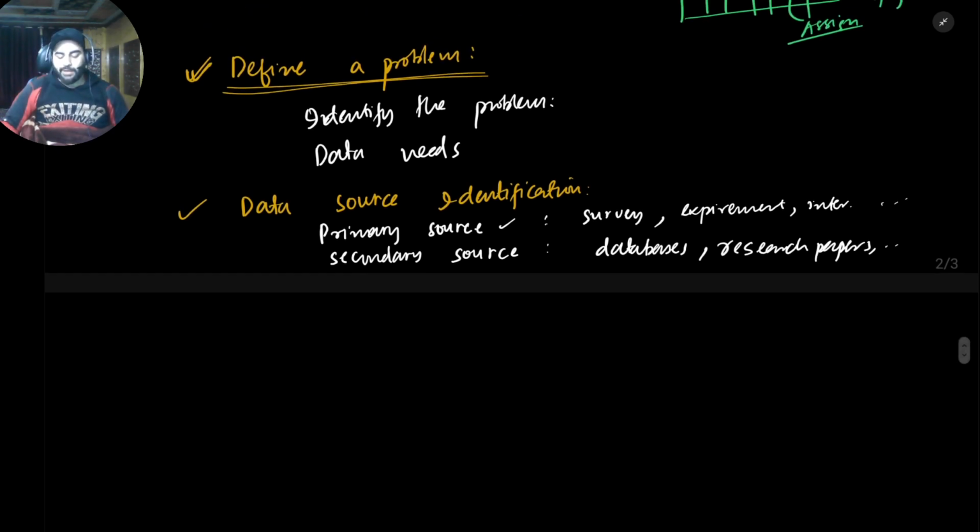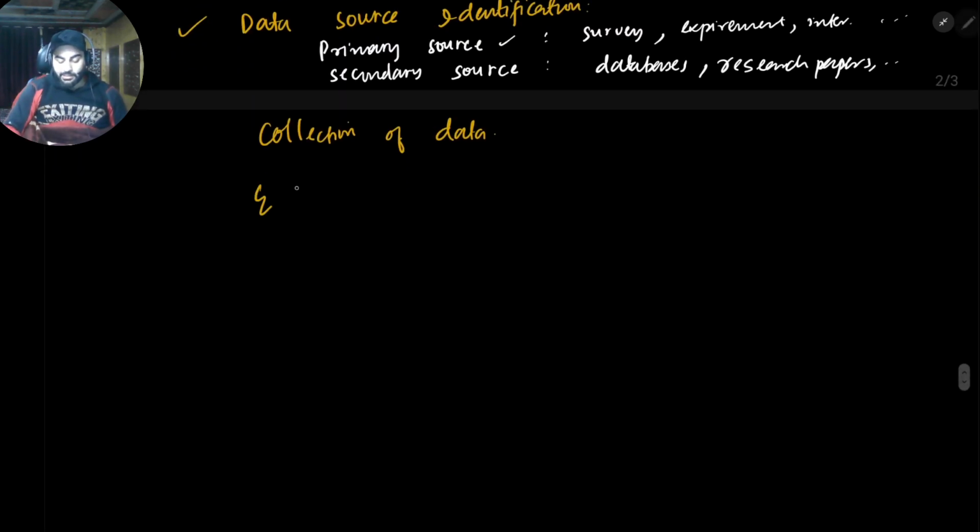So now you define the problem, you identify what the problem is, you see the data needs, what data I need. Then you have to find the data sources, what the sources of data are that I'll use. And then you will collect the data according to your strategies. When you collect the data, then you have to do other steps as well. But a very important thing is to consider doing it ethically,